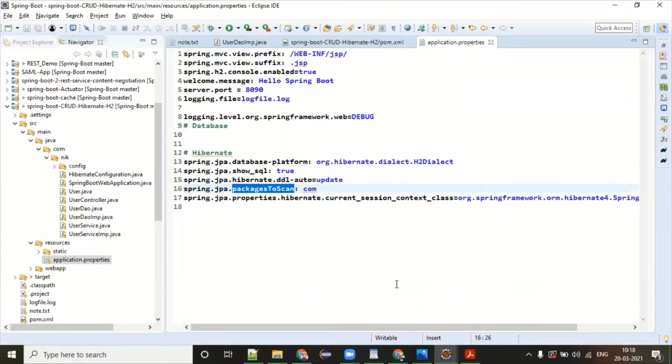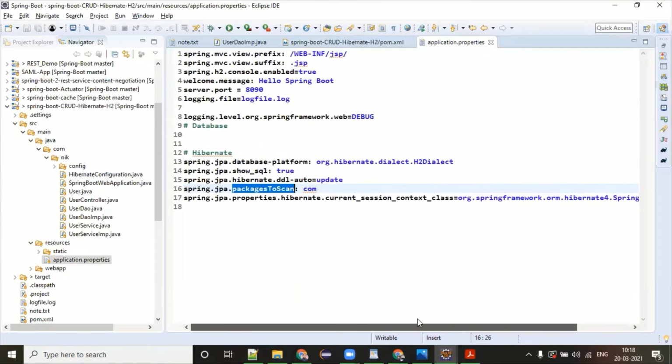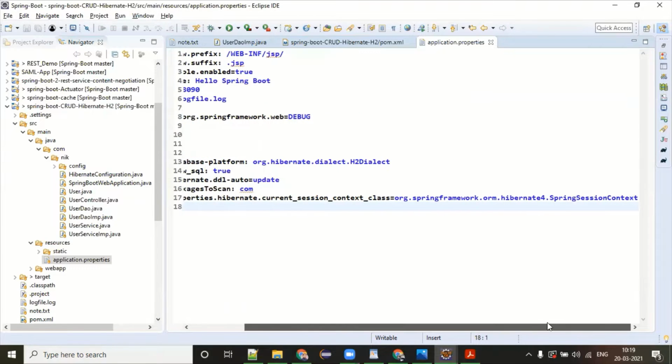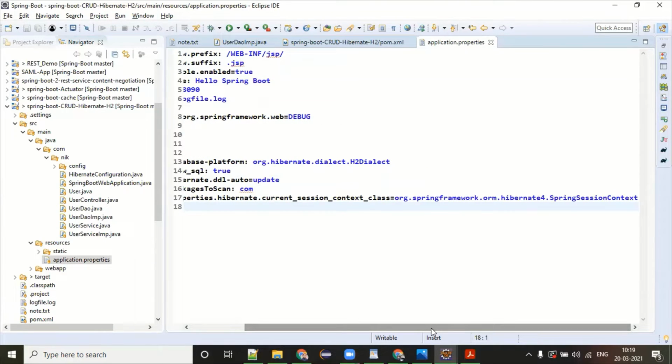Also, this property is something additional I have added because I was facing some problem, and I might have forgotten why I added it: spring.jpa.properties.hibernate.current_session_context_class. Actually, the error was giving me this suggestion while running this application, so I have added it.